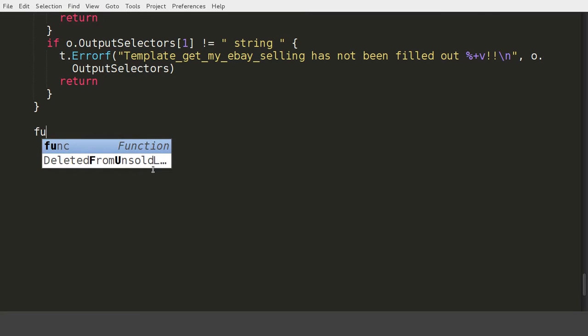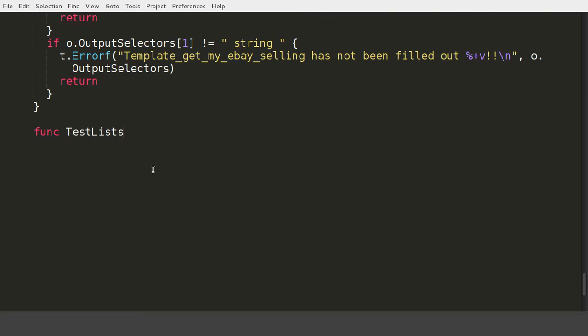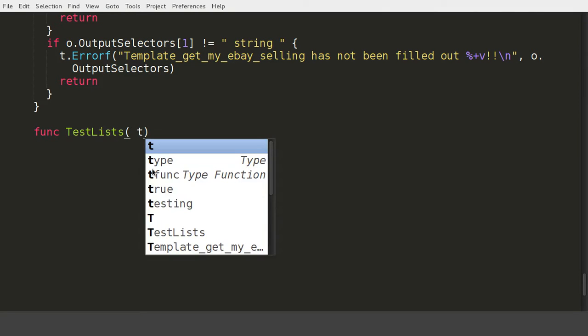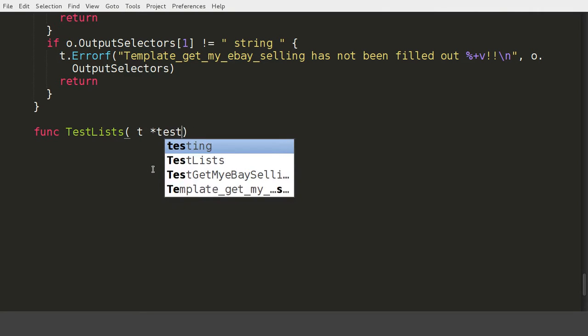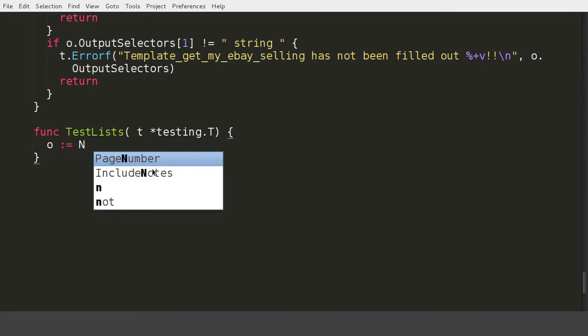So we're going to start by creating a function here inside of our testing file. It doesn't matter which, because this isn't so much a follow along as it is explaining a principle. We're going to call it TestLists. And that's our basic testing function setup. Now what we're going to do is call a function here, new,